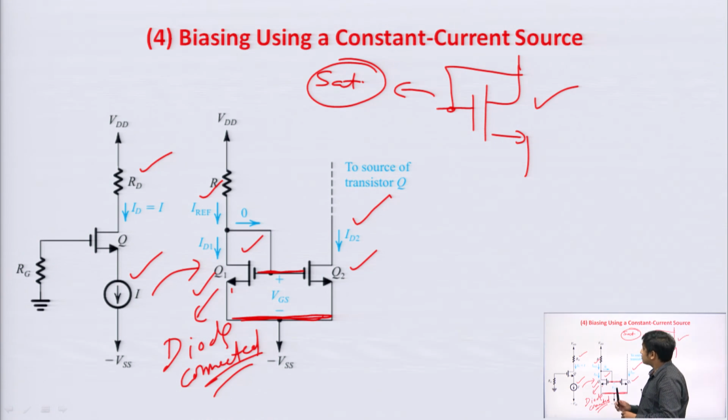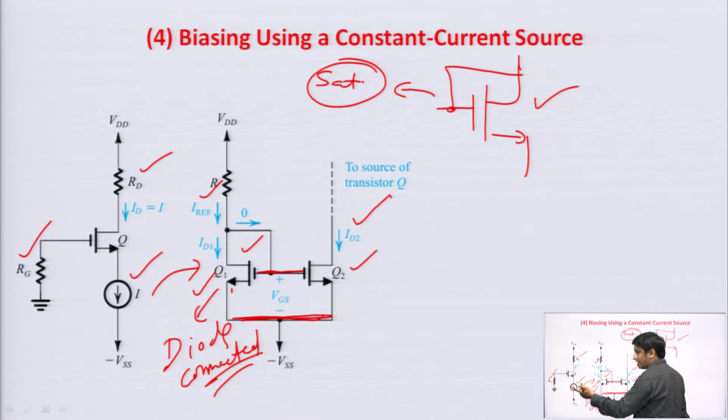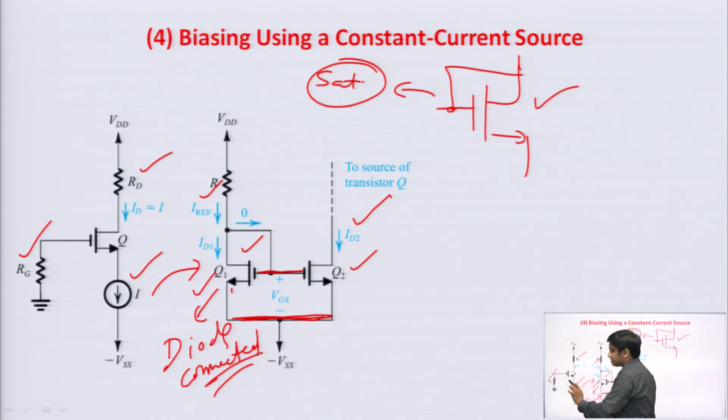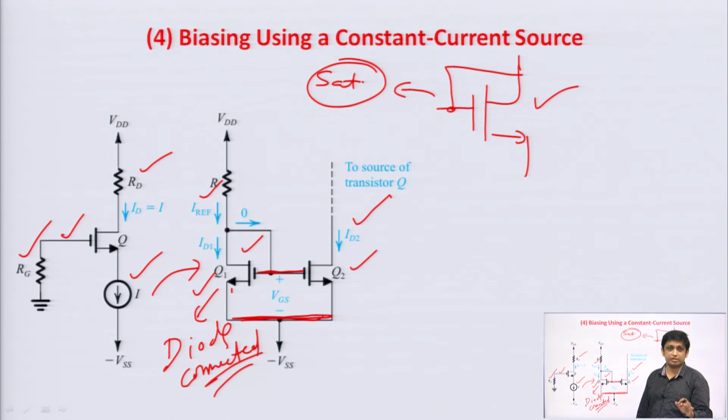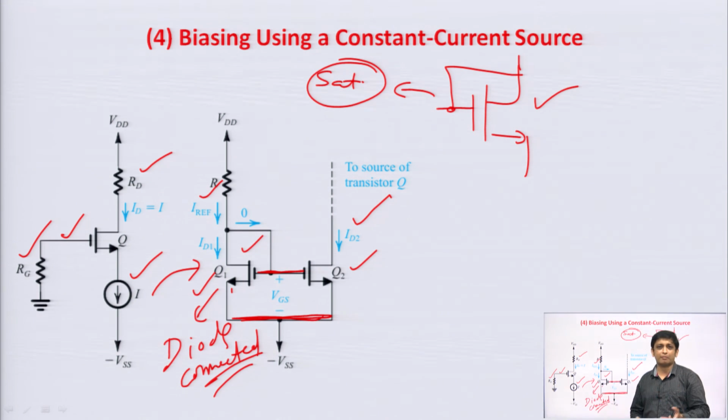So, biasing using constant current source is a very popular technique. We normally use this biasing technique in discrete circuits, fine. And you can see that there is a resistance connected at the gate terminal, that is Rg, that is very high. The significance of this resistor is that when we apply the input signal at the gate terminal, if Rg is high, then the input resistance will be high. If we are not applying the input signal at the gate terminal, like in common gate amplifier, then there is no need of this Rg resistor, fine.